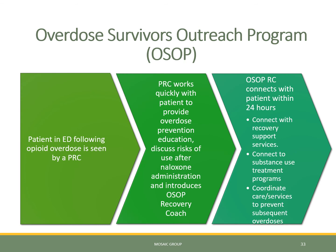So let's next talk about the Overdose Survivors Outreach Program, again known as OSOP. In this case, the patient is seen within the emergency department after an opioid overdose by one of the ED peer recovery coaches. That peer recovery coach will work quickly with the patient to provide overdose prevention education, discuss any risks of use after naloxone administration, and when possible, introduce the OSOP program, conducting an introduction to the